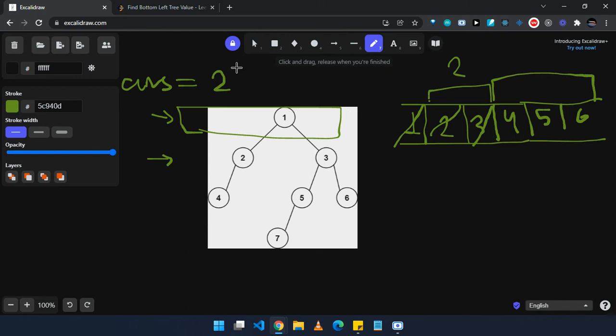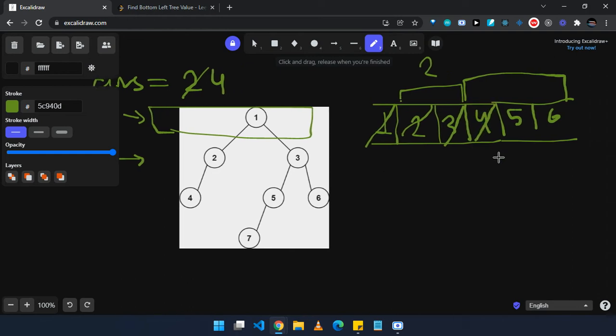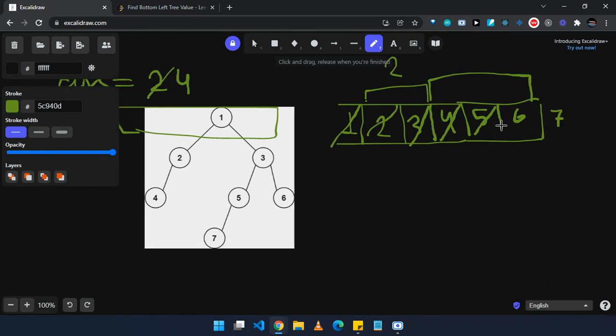So we will remove 2 from here and store it as 4. Then we'll push children of 4. Four has no children, so this will be gone. Now we will explore 5. Five has one child, that is 7, so we'll push 7 here, and then we'll explore 6. Six has no children, so it will be empty. This was level 3, and now this will be our level 4.